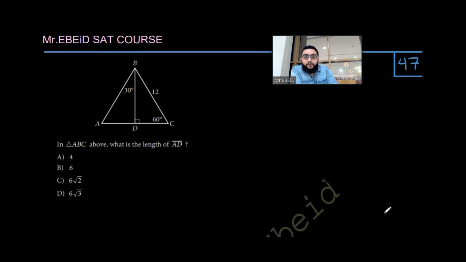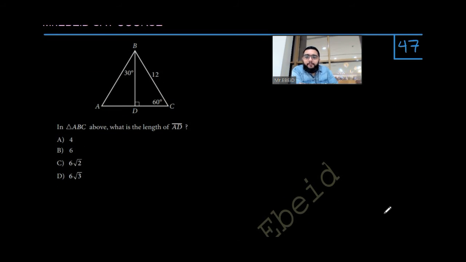Question 47. In triangle ABC above, what is the length of AD? So we have this is 60, this is 90, this is 30, this is 60. So this is 60, 60, 60. This is an equilateral triangle. As you know, in an equilateral triangle all angle measures equal 60, and the length of each side, this is 12, this is 12, also this one is 12, so this part is 6 and this part is 6. So AD's length equals 6, so the answer is